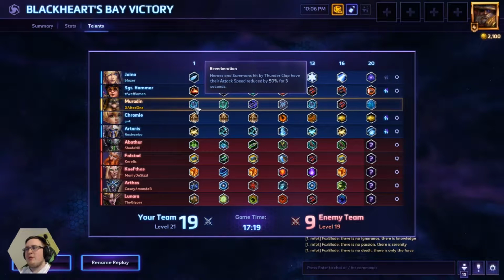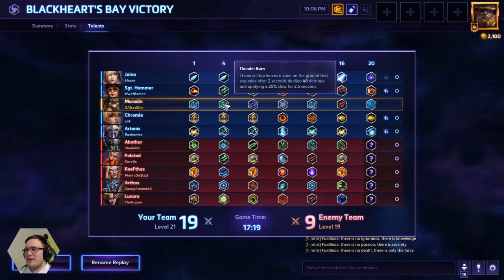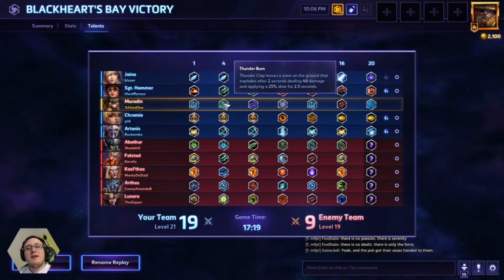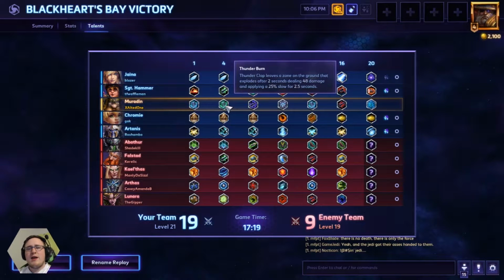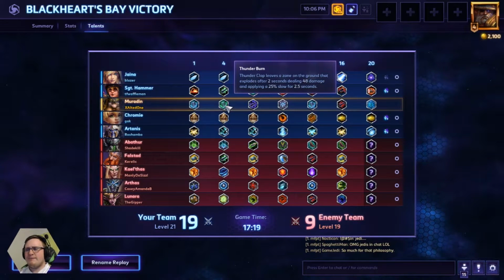At level 1, Reverberation, we hit Thunderclap against enemy targets. Their attack speed is reduced by half for 3 seconds. Thunderburn at level 4, going to hit the ground a second time after a 2-second delay, and does 48 damage and applies a slow again. So that slow is what's most important, because most teams, this one is a little bit squishy to really get a lot of value out of it, but most teams will be in the same kind of area and stand there and try and trade or do